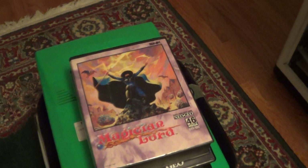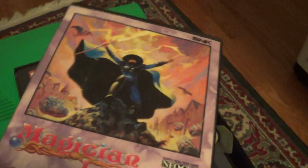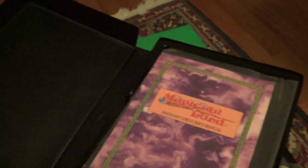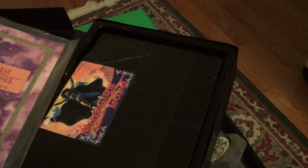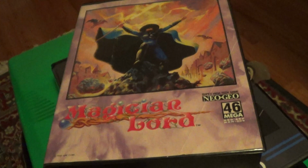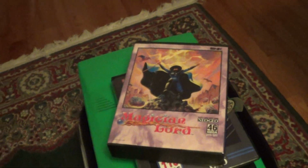Description said card only, never been inserted, and sure enough, I get a complete copy of Magician Lord out of it. And I had a hunch, because I had heard some things about this seller on Amazon, just selling complete copies as cartridge only. So yeah, I have it in the Neo Candy right now as an MVS cart, and I've been enjoying it so much. I like the music, everything, and it's actually